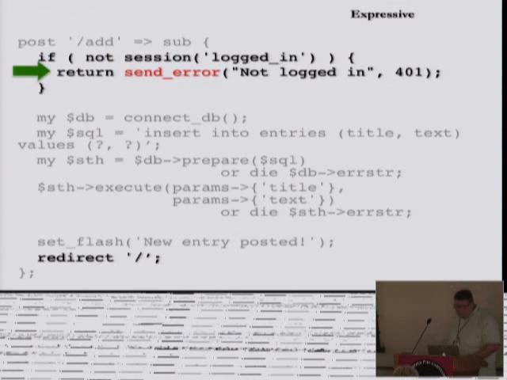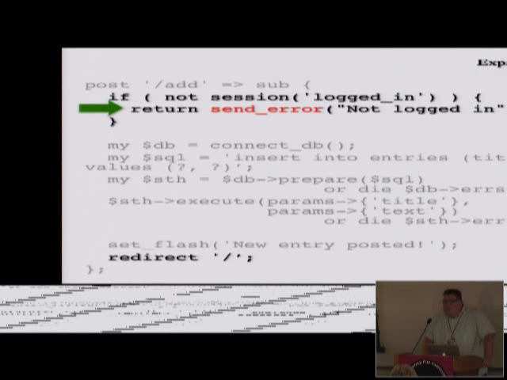Okay, that's pretty straightforward. One thing that I wanted to tell you is that the actual use of the word return there can be significant. It was more important in previous versions, although recent releases have made it less so, that you return things. Before, if you didn't use return, it would go ahead and complete the rest of your route. So if you had something that errored out or whatever, it might actually execute more of your code than you want it to. And so if you use return, it would return at the proper time. In more recent releases, that's not true, but it is possible that this is still significant.